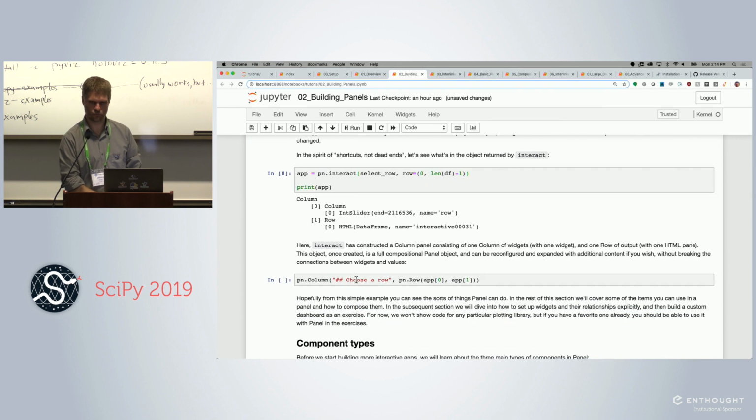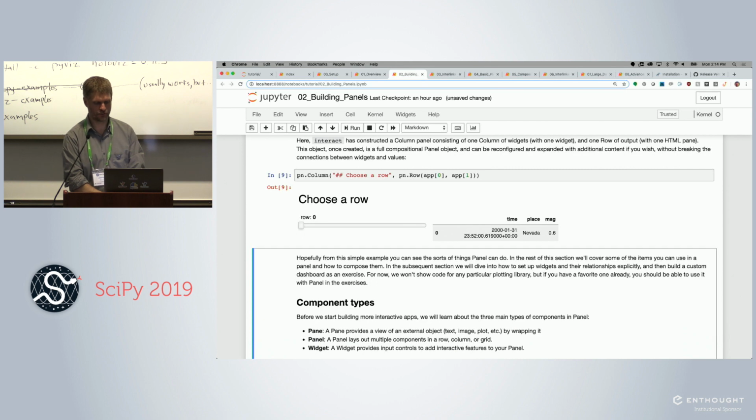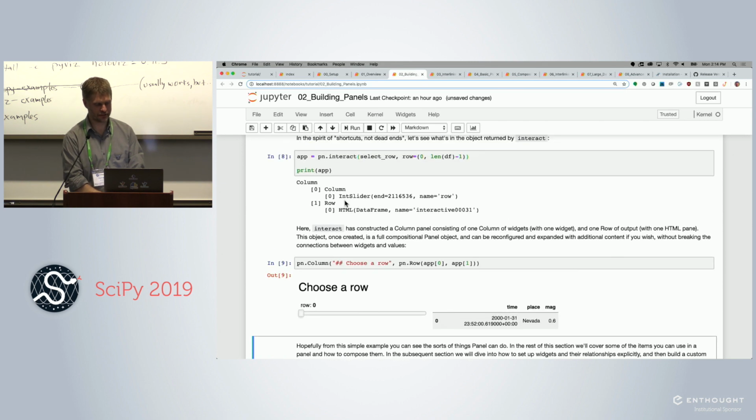So why is that not a dead end? Well, it's not a dead end because you can actually do whatever you want with it now. You can index into it and take the first item, which is this widget. You can take the second one, which is this display here,